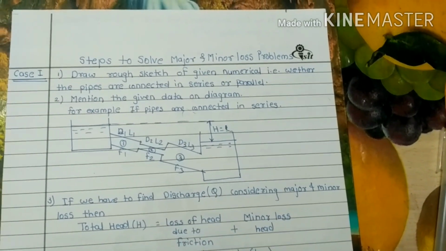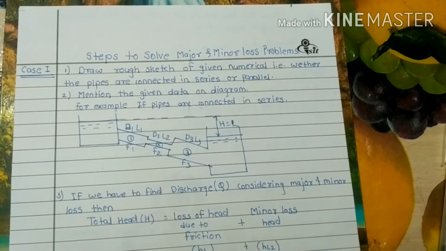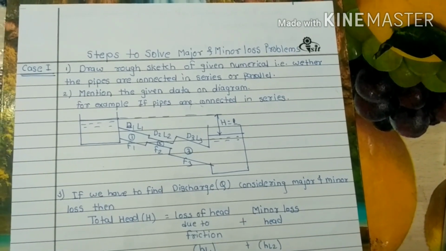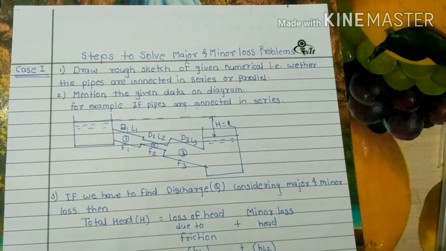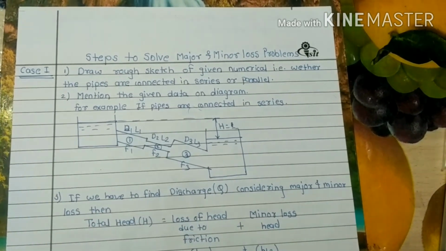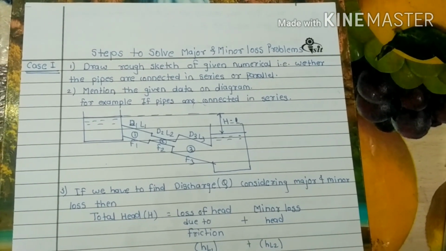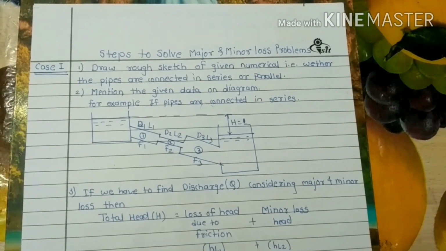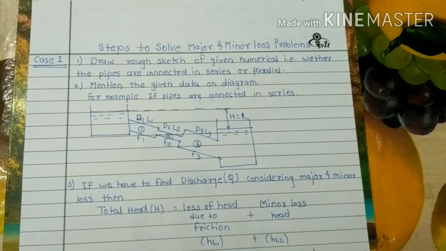Good evening, students. In the last video which I have shared, I shared the complete theory for the flow through the pipe. Now we will see how to solve the numericals of it. There is a 10 marks compulsory numerical on the pipe, whether it is in series or in parallel, or a combination of both. So we will see how to solve the numerical.